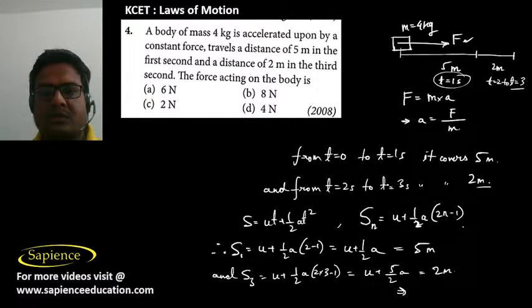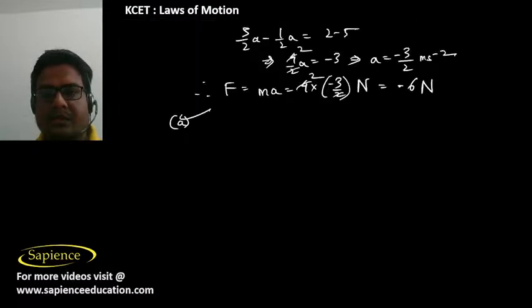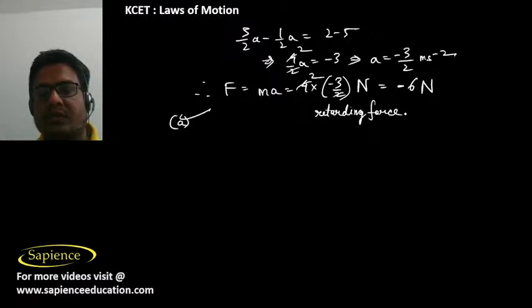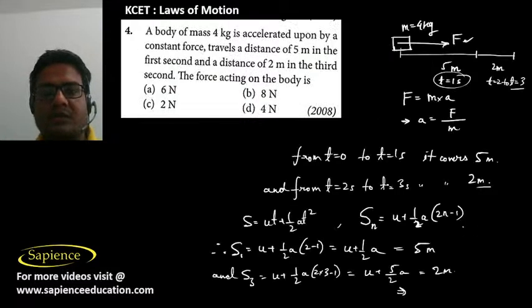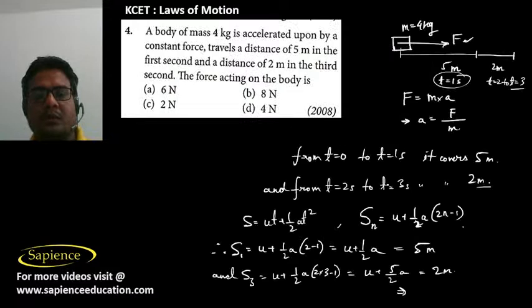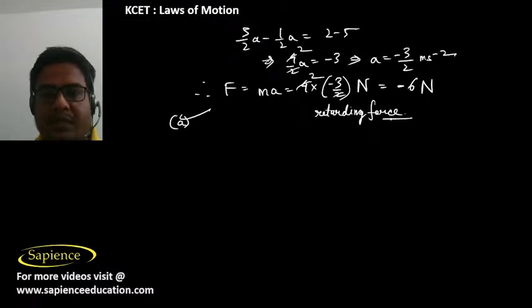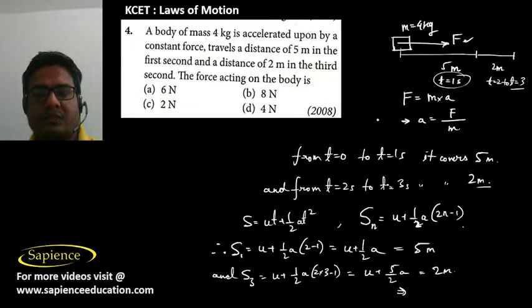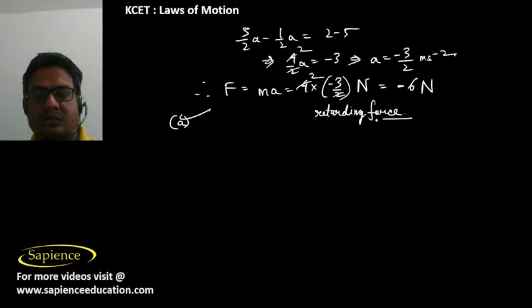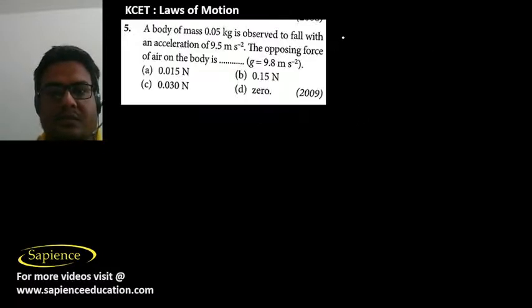The force is 6 Newton, and this negative sign implies that it is a retarding force. It is a retarding force, meaning it is acting opposite to the initial velocity of the body. So the force is acting opposite to the initial velocity of the body, so it is called a retarding force. And then the fifth question,